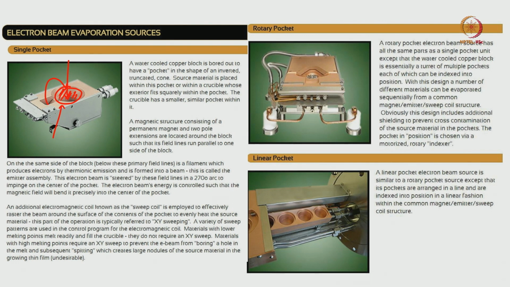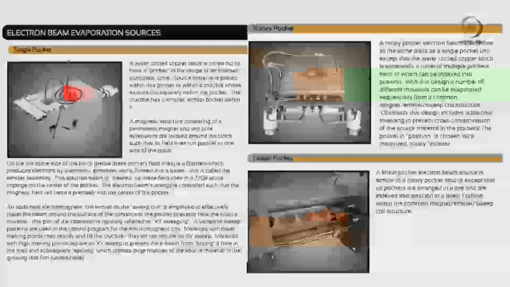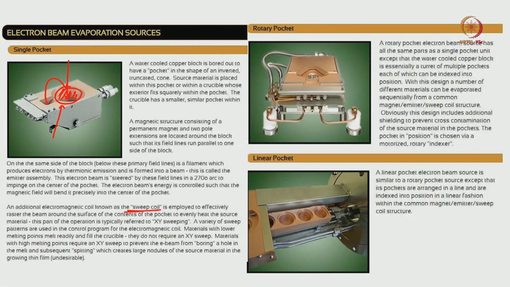On the same side of the block, below these primary field lines, is a filament which produces electrons by thermionic emission and is formed into a beam, which we already know. It forms a 270-degree arc, which we already know. An additional electromagnetic coil known as a sweep coil, this is important, is employed to effectively raster the beam